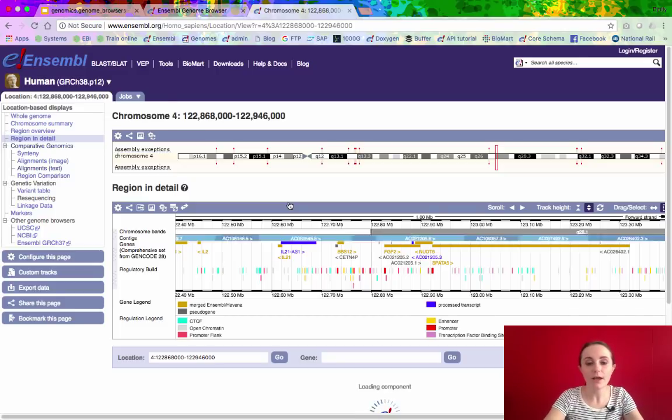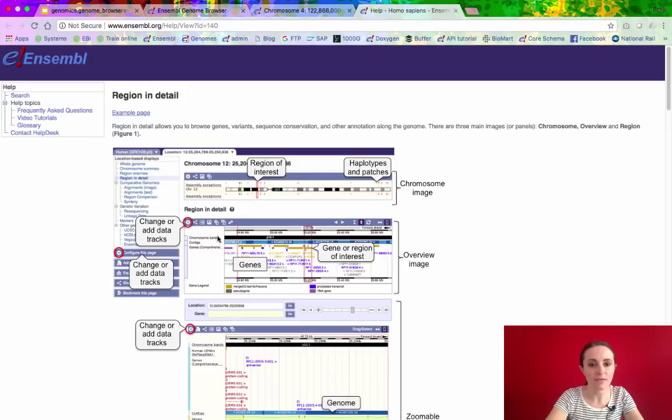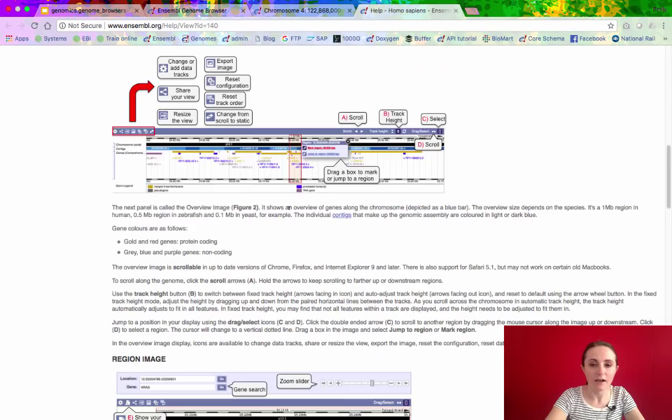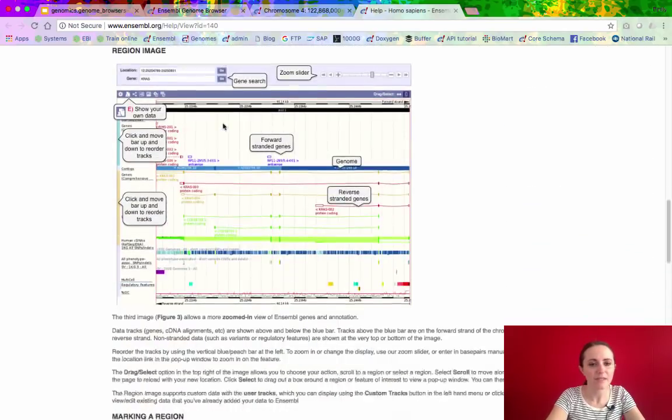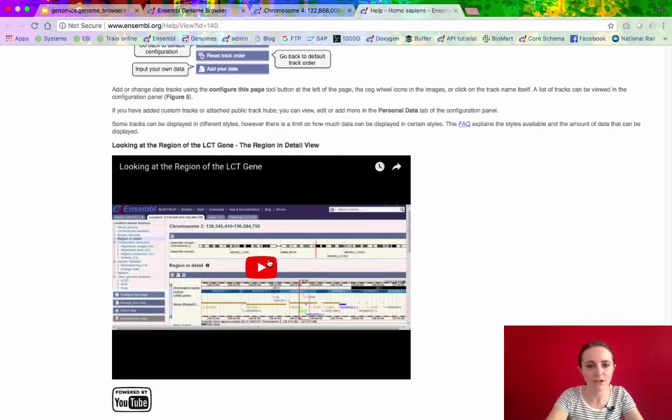One thing to point out that you will see all over Ensembl is these little question mark icons. If you're ever not sure what you're looking at, click on the question mark and it opens this help page for you. So it gives you a diagram of the page, which is labelled. This is quite a complicated page, so it's got a really long help page. Some of them are a lot shorter than this. There's lots and lots of stuff, and in case you haven't had enough of videos,